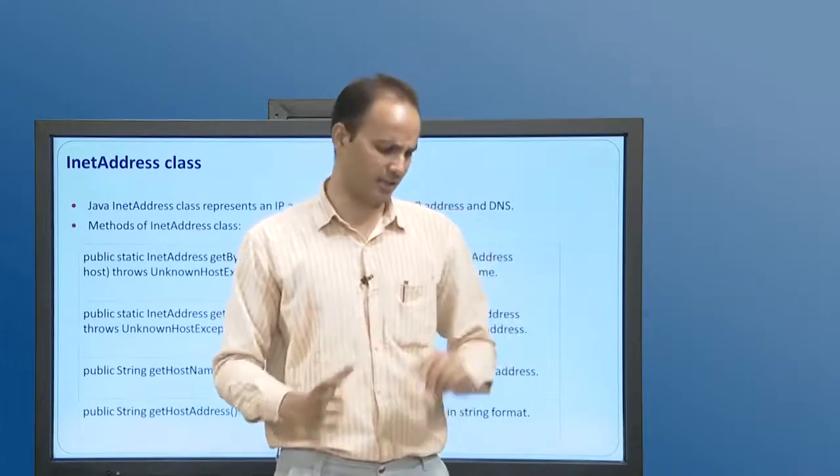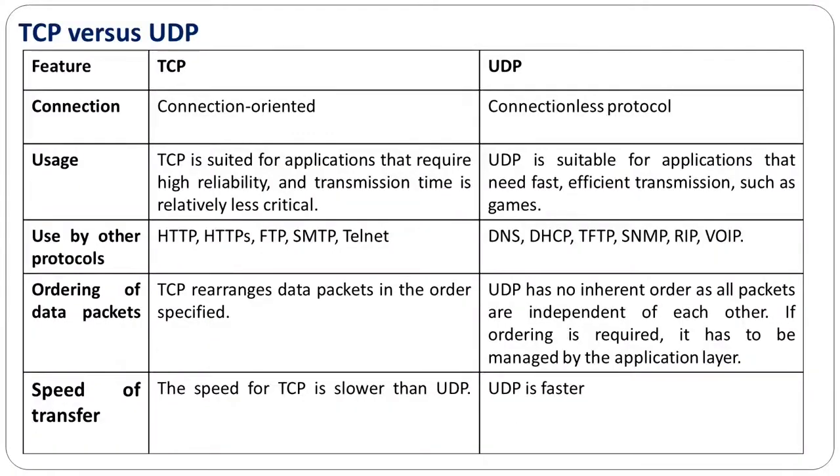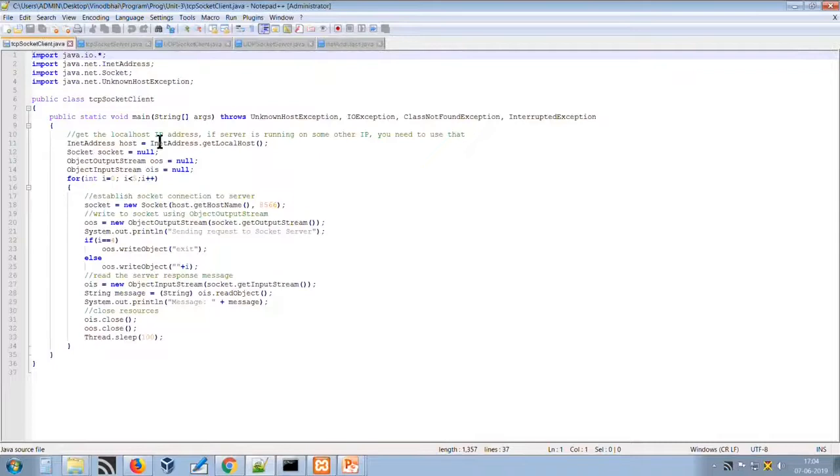So, let us have a glimpse at the Java program that we have developed using TCP and UDP. First of all, let us look at the TCP socket client class. We have created one main method, which will throw UnknownHostException if the host is not available, IOException if there is a problem while reading and writing the data, and ClassNotFoundException if the class is not available. These exceptions are thrown whenever anything unexpected happens.